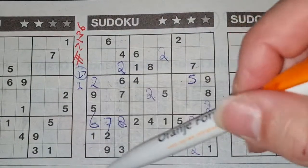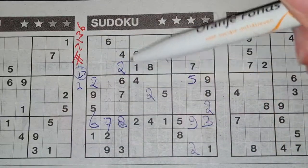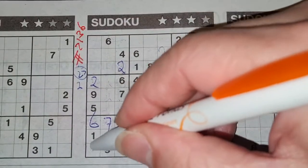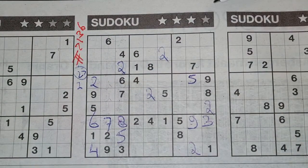2 numbers left in this big square, the numbers 4 and 5. We see a 5 here, no 5 there. 5 should be here and the 4 goes there. Then, how about